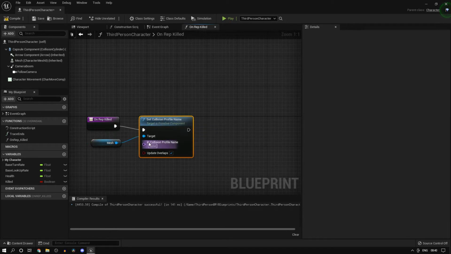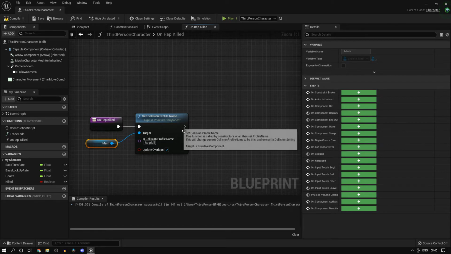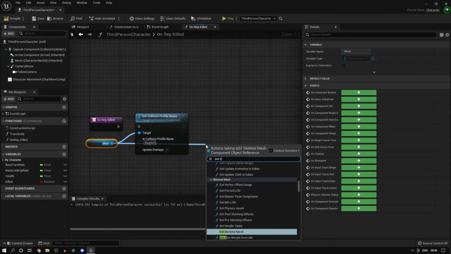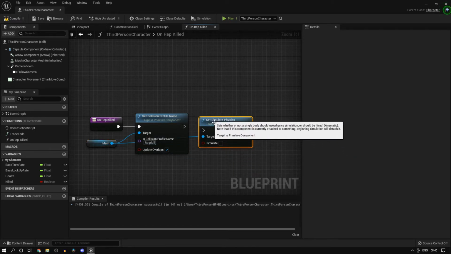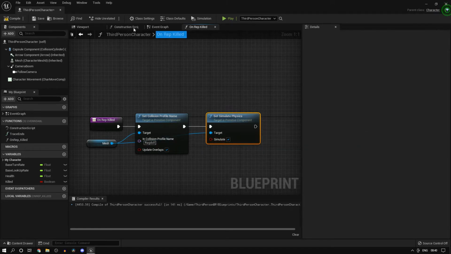I believe it's called Ragdoll. Yes, Ragdoll. And then you can set simulate physics to true. So this is just a common use case that I've put up over here to demonstrate to you guys how RepNotify works.